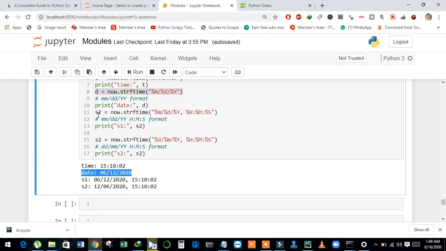And also we can create a format for both date and time in a single statement. See here, this is a date format and this is a time format. And in this example we can change the order of day, month and year. Now 12 is the day, 06 is the month and 2020.